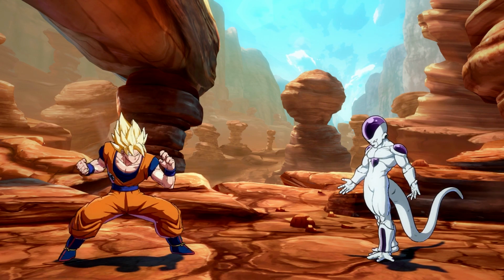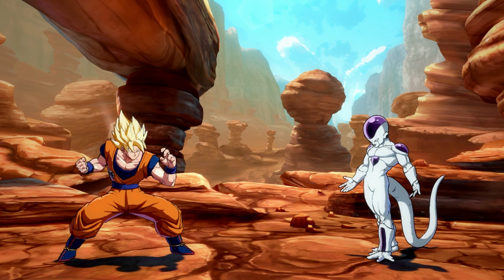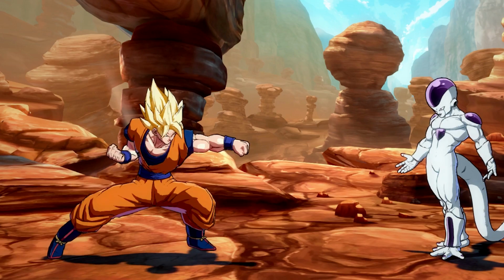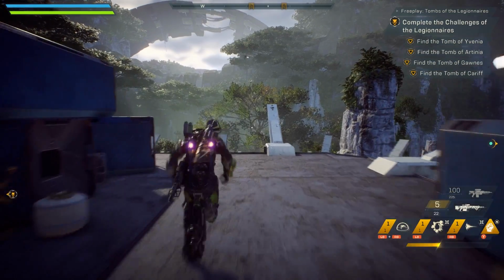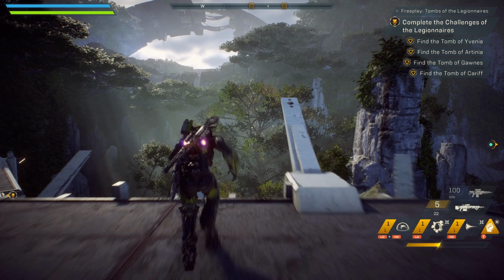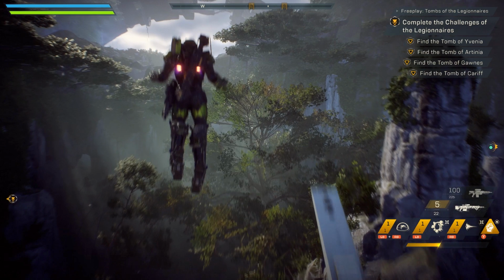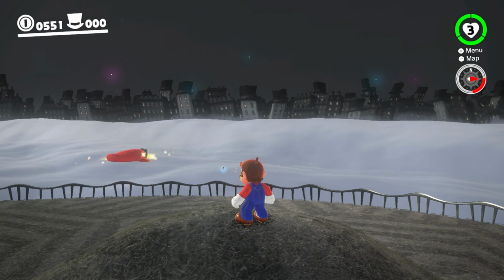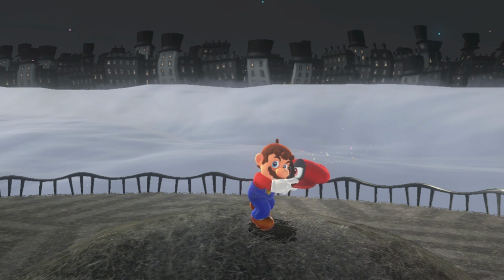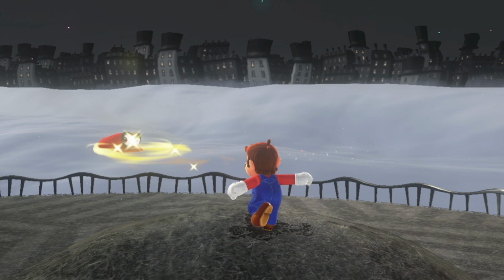Another approach that animators often take is to try to sneak an anticipation pose into the earliest frames of an action. Just enough time to reap some of the benefits without having to lose too much responsiveness. Like, when you press the jump button in Anthem, it may only last a few frames, but your javelin will sneak in a quick crouch before jumping, which adds some nice springiness to the launch. When Mario throws his cap, he instantly snaps to this wind-up pose and begins his twirl, which itself actually functions as a kind of visual anticipation before the actual throw.